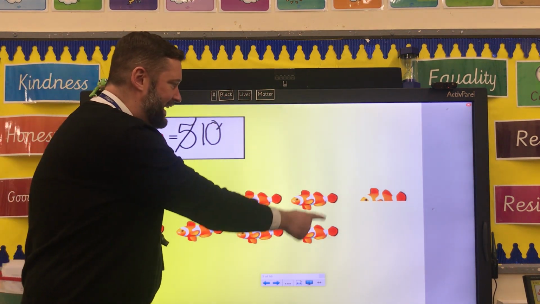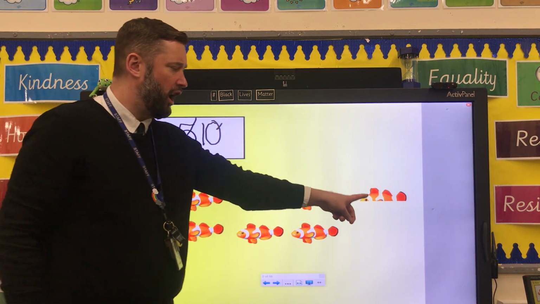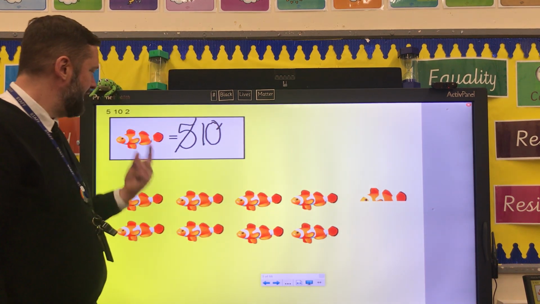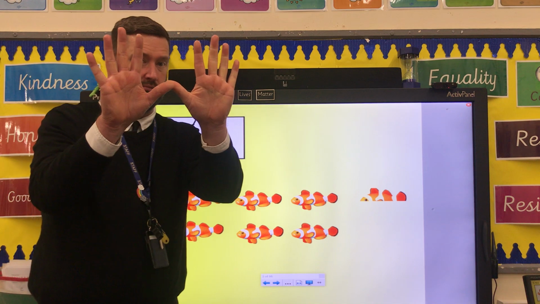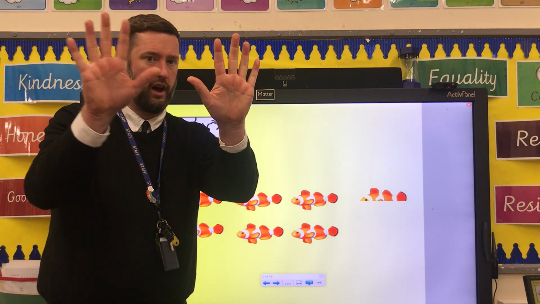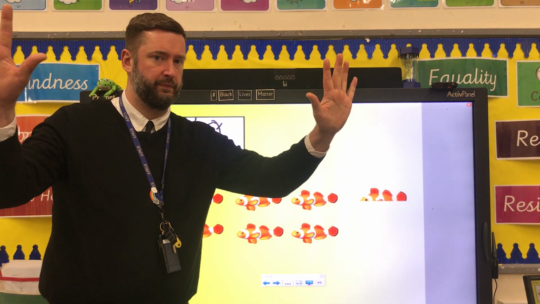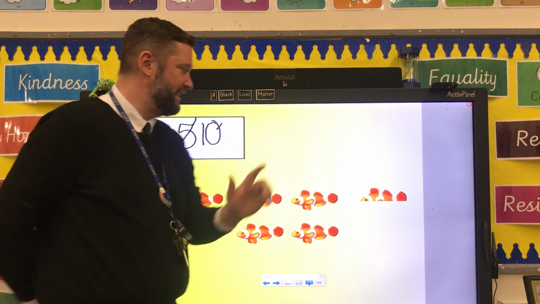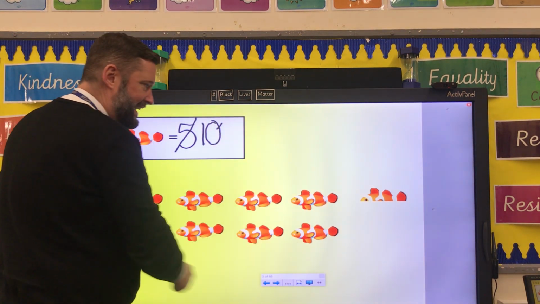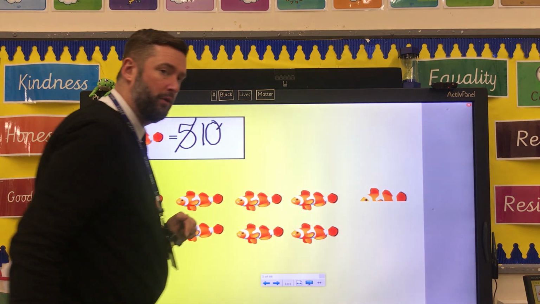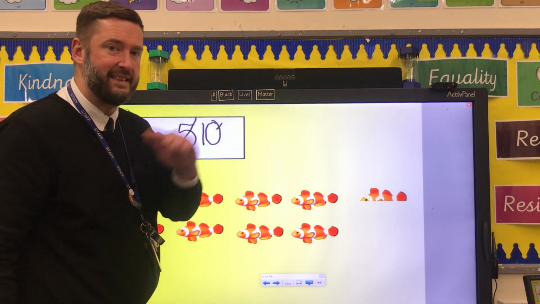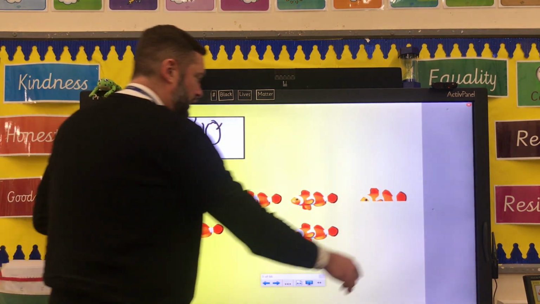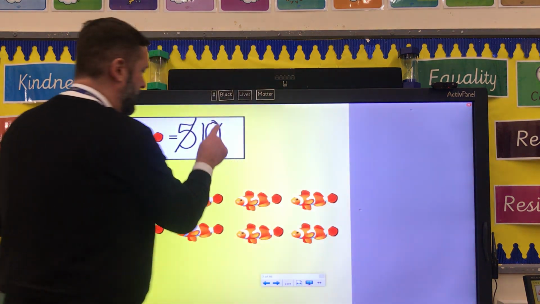So I've got 80 here, and I've got half a picture to add on. If one fish is worth 10, what's half a fish going to be worth? It's going to be worth 5. So I've got 80 and 5 more makes 85. Well done. Cover that one up. And now,